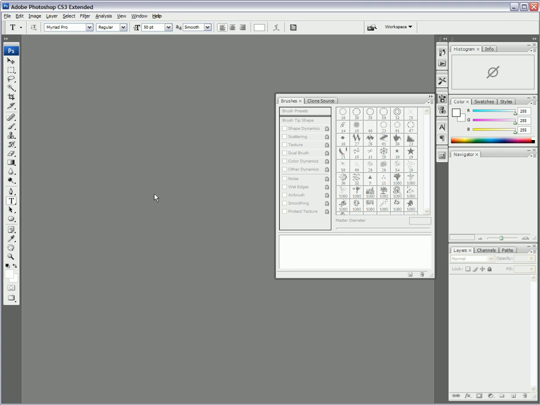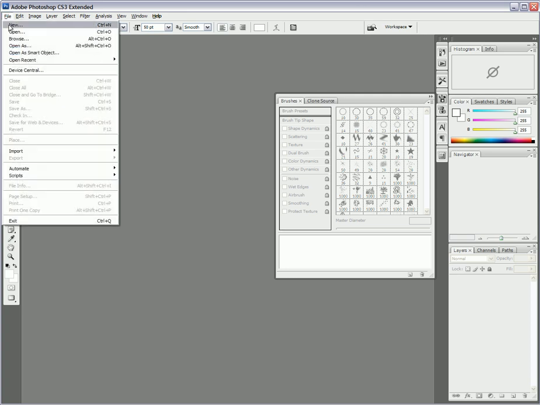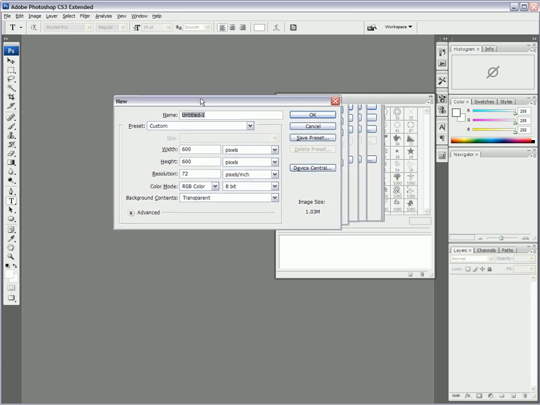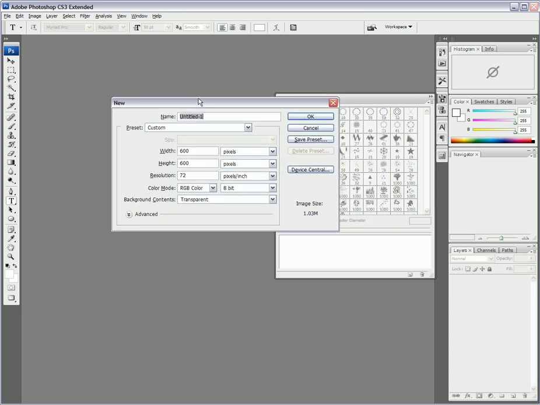So let's create a new image. You can go to File, New, or it's Control N on a PC and Command N on a Mac. Now, when you open a new document, first of all, you're confronted with the new document toolbox. There are many different things to note. First of all, you can choose the name, so we can write anything we want here. So I'm going to call this new document,